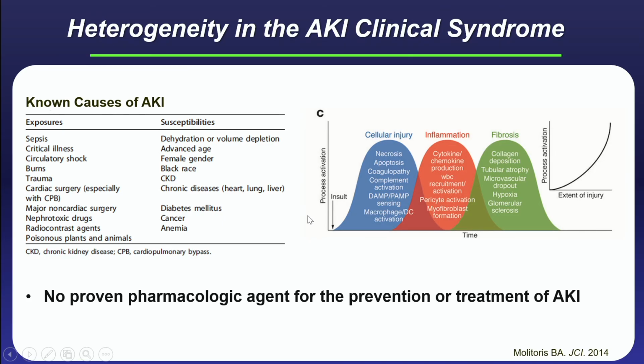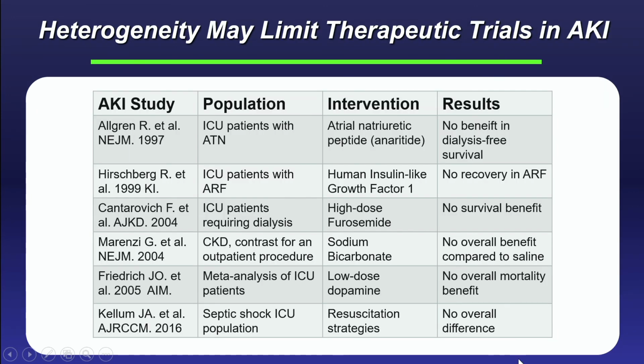There's a heterogeneous cause for AKI, everything from sepsis to contrast to trauma, and the pathophysiology is quite diverse, from cellular injury to inflammation or even fibrosis. Despite all this, we don't have any proven pharmacologic agents for the prevention or treatment of AKI. I think one of the reasons for this is heterogeneity. This is not an exhaustive list by any means, but it's a list of therapeutics that have been studied in acute kidney injury, everything from insulin-like growth factor to low-dose dopamine to atrial natriuretic peptide to even different